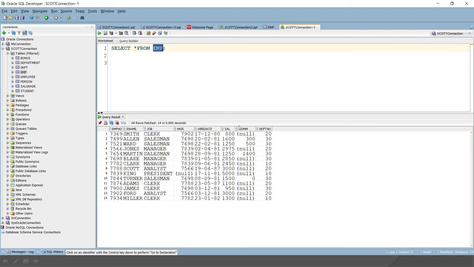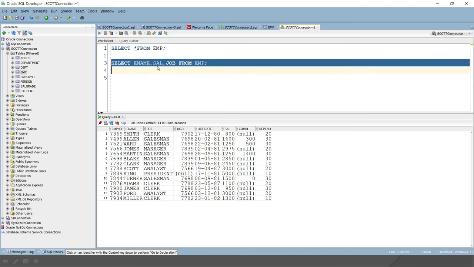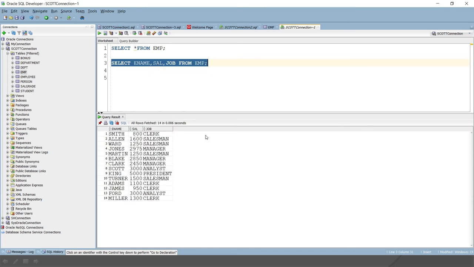And that's how when you do the select star from emp, these columns get displayed, right? Let's say for selecting partial details or a few columns, let me write the query. I can do select, then let's say ename, then salary and job, from emp. Here I'm not selecting all the columns, but only 3 columns: ename, sal and job. And here you can see this information got displayed, right?